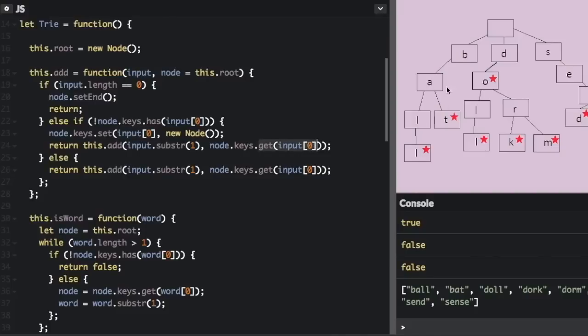That's the first character. So now we're going to run the add function, but instead of being at the root node, we're going to be at the node B. And then the else is just if there's already a letter by that name. So remember here, we added a node with the letter B, but if there already is a letter B,